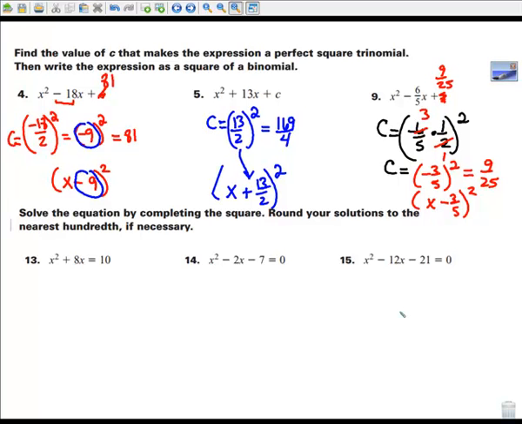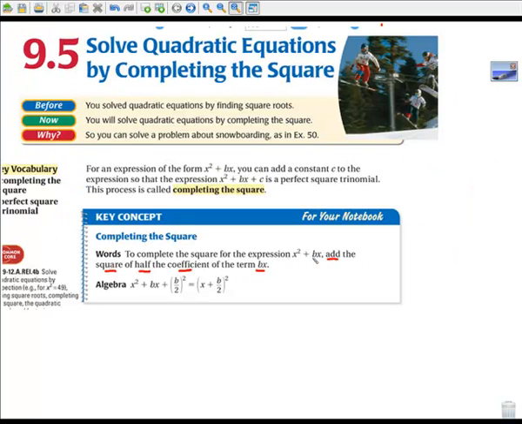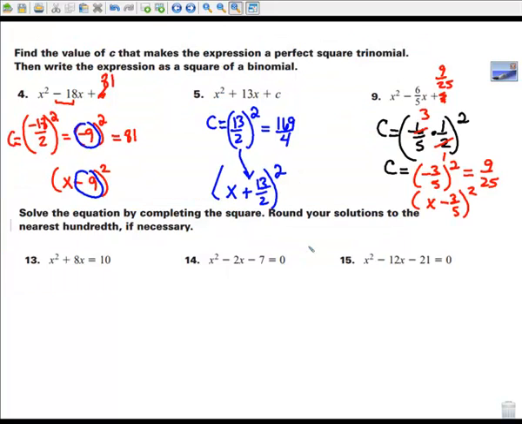Alright, so the only reason we would do this is to solve a quadratic, and it must be in the form right here where you've got ax squared plus bx equals, in this case, sort of c. We're going to make our own c. And we're going to have to make sure that we don't set it to 0 this time. So this is the one time where we solve and we don't let it equal 0. So the first thing I need to do here is figure out my c value. So my c value is going to be 8 over 2 squared, which is 4 squared,